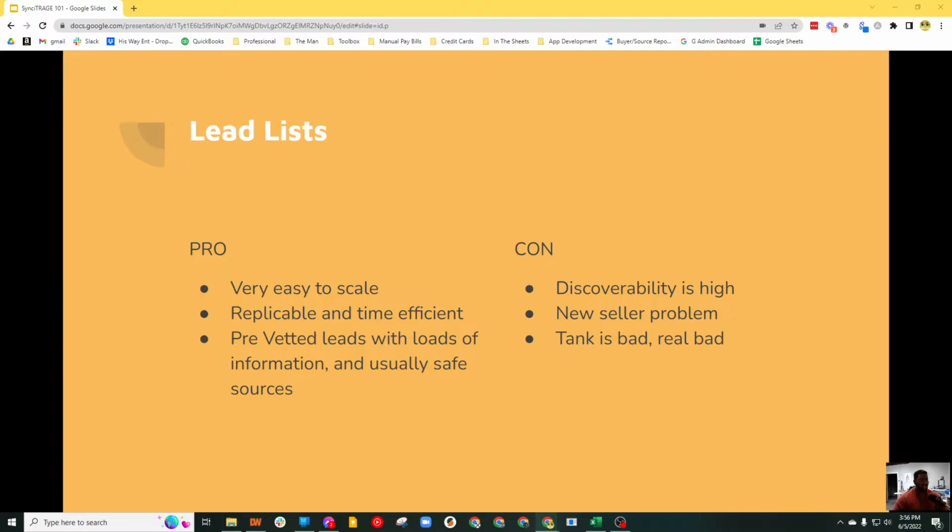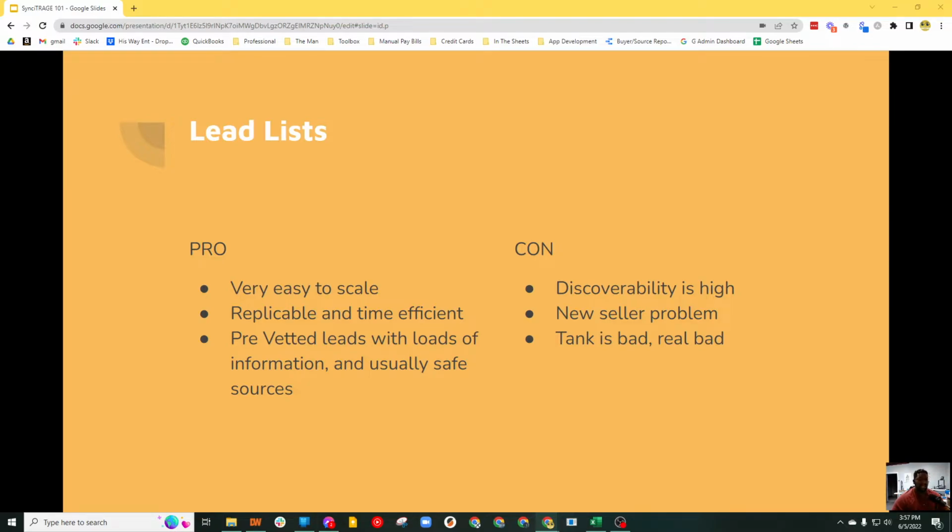Lead list. And let me start off by saying this. I am not anti-list. I still have 4 lead lists that I never plan on letting go of because they're profitable. They are easy to scale. I love that the lead list provider vets the leads for my team, so they're not going through and asking, hey, is this a shady website, or is this deal really a good deal? There's a certain beauty in just having that lead prepared for your team, and they can do a limited amount of analysis and purchase that lead, and it can be profitable.